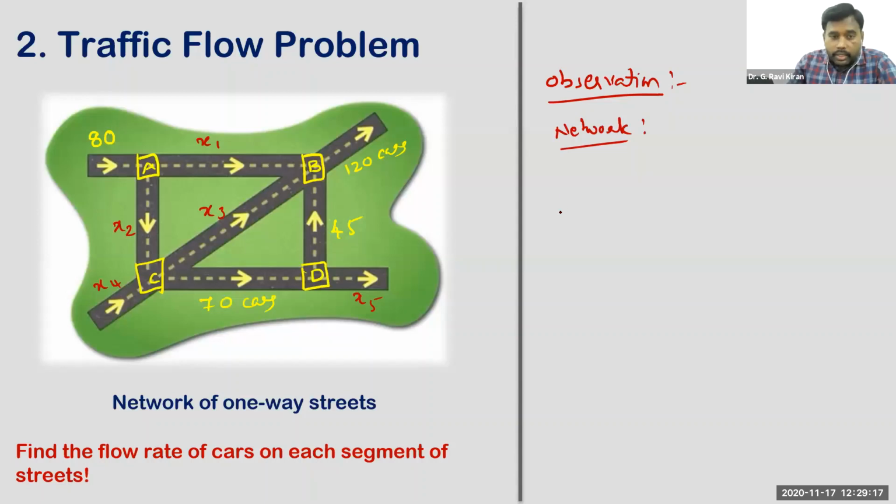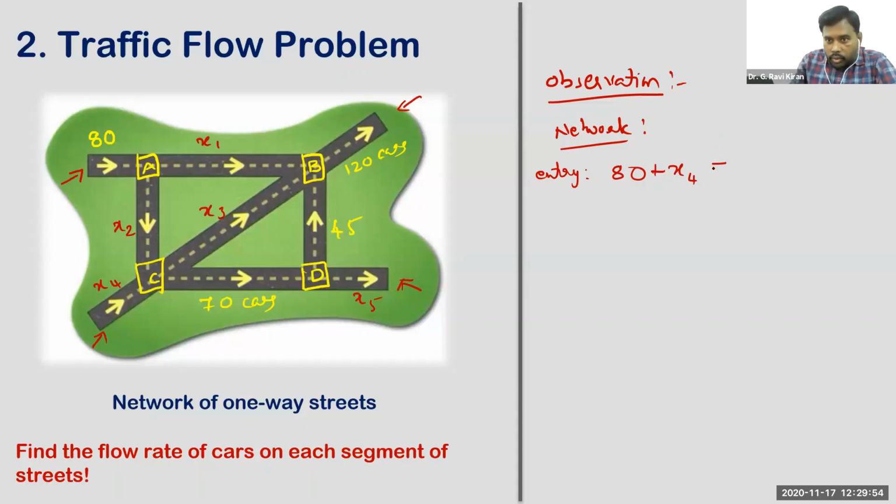Now, within the network, see how many vehicles are entering the network. See what the entry positions to this network are. Vehicles may enter from this one, or they may enter from this, right? No other place, right? And these two are the locations from where vehicles exit this network. Now see, the amount of vehicles entering the network is, from here, 80, and from here there are X4 vehicles, as we assumed. X4 vehicles are entering this network.